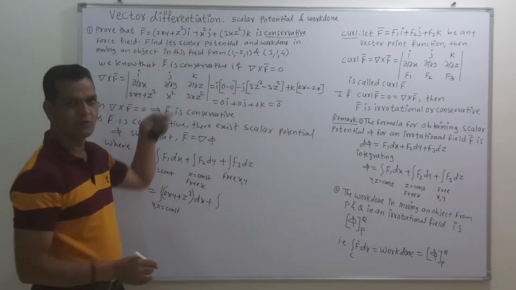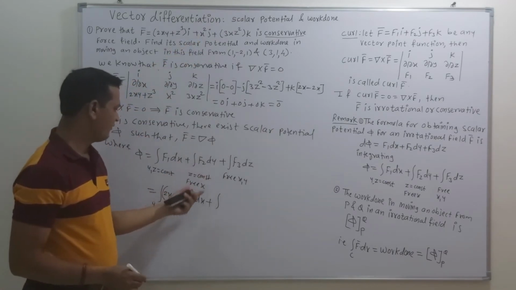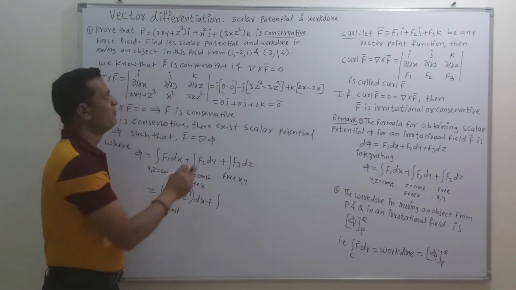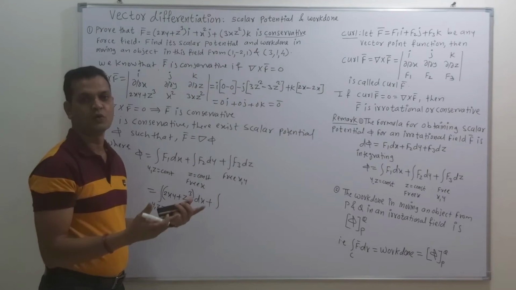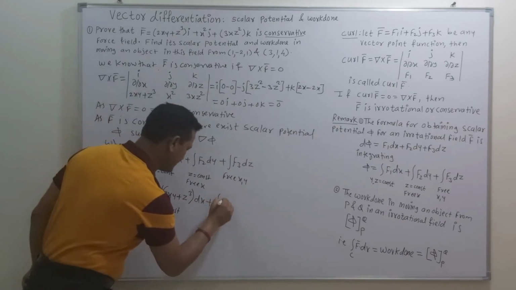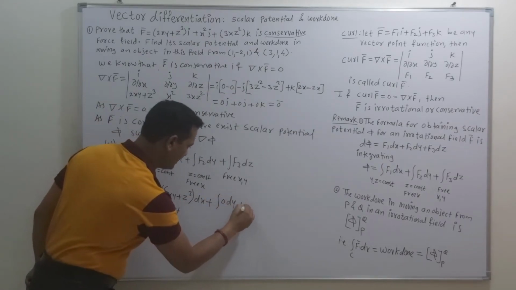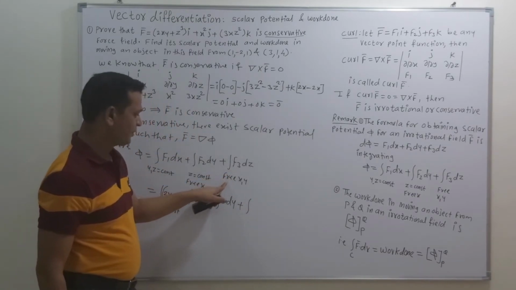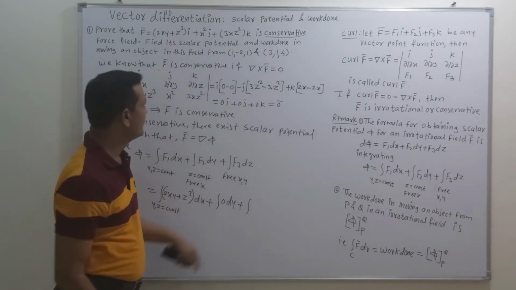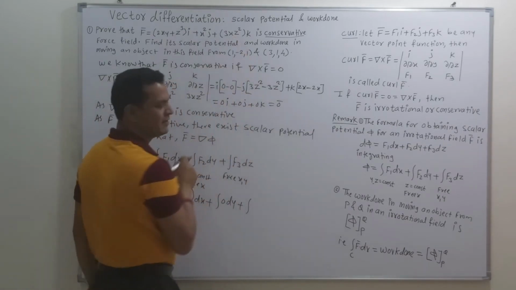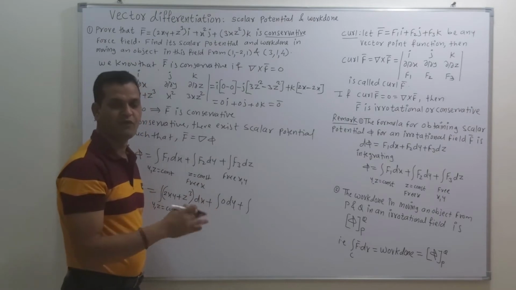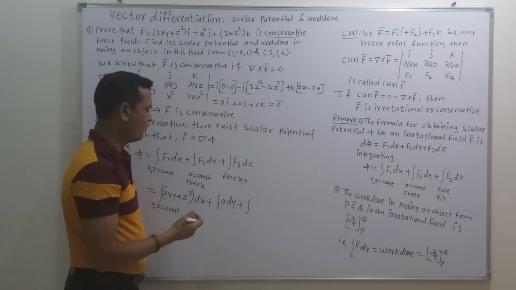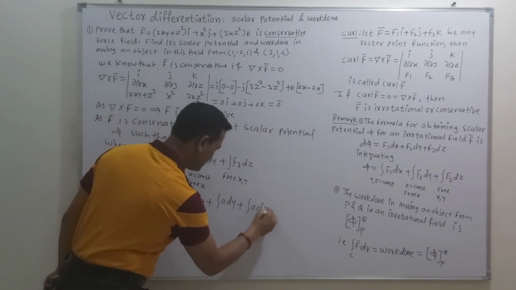So this is the value of f2, but while writing the value of f2, choose only those terms which are free from x. Here only an x term is available, so there is no term which is free from x. So we can take this integration as 0 dy, plus the integration of f3, where the terms are free from x and y. That means from this f3 value, choose only those terms which are free from x and y. There is no such term, so this integration is also 0.